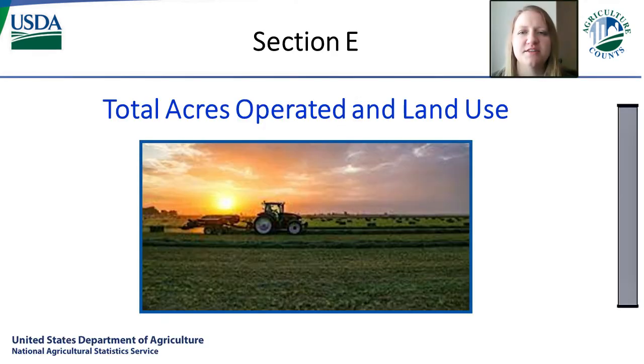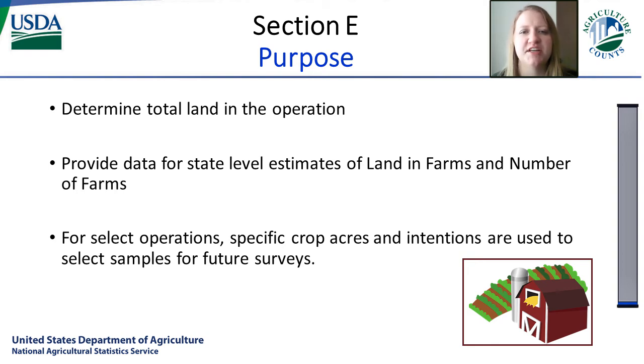Now that we know what is in the tract, we will collect data for the entire operation on the rest of the questionnaire. In Section E, information will be collected for total acres operated and land use. One purpose of Section E is to determine total land in the operation. Section E will provide data for state-level estimates of land and farms and number of farms. For select operations, Section E will determine specific crop acres and intentions that will be used to select samples for